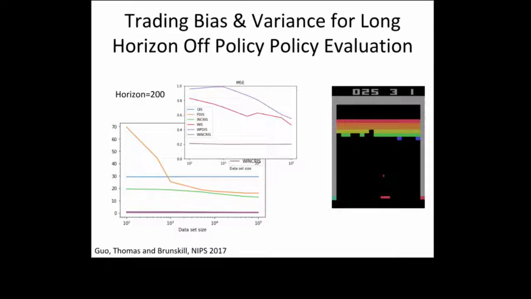So one of the places we looked at that recently, just as a simple example, was looking at Breakout. And we also extended this estimator called INCRIS to WINCRIS to tackle the weighted approach for this. And one of the things that I'm excited about in this case is these are small policies. It was just a proof of concept, but as those of you who are familiar with the Breakout game, it's a long horizon problem. In this case, we're looking at a 200-step horizon problem, so far more than what we could have done before. And we compare a policy that was learned after 20 million time steps versus after 40